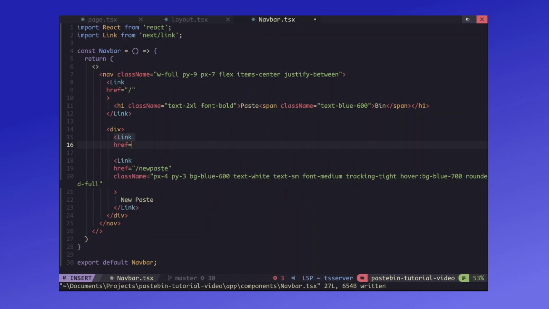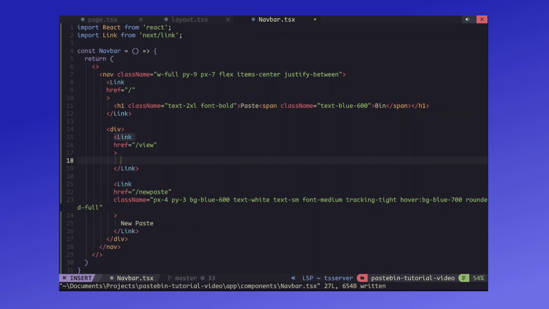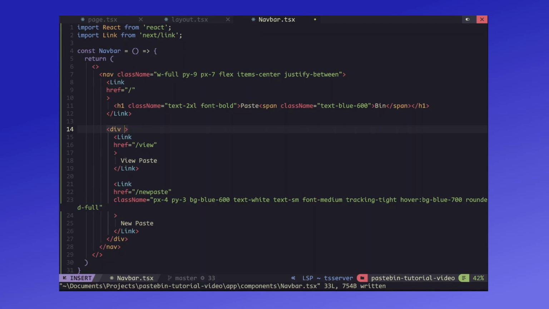This one with an href of maybe like view. And inside I'm just gonna say find paste, and actually view paste, sorry. Something like this. And our div, which is wrapping around this, we can give it flex, item center,